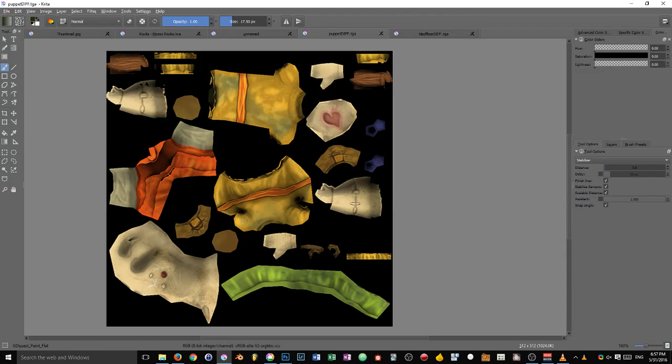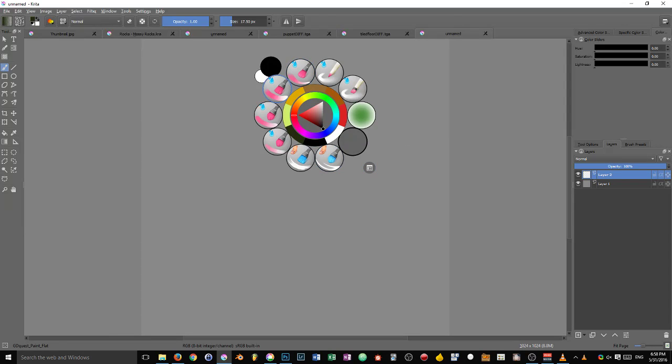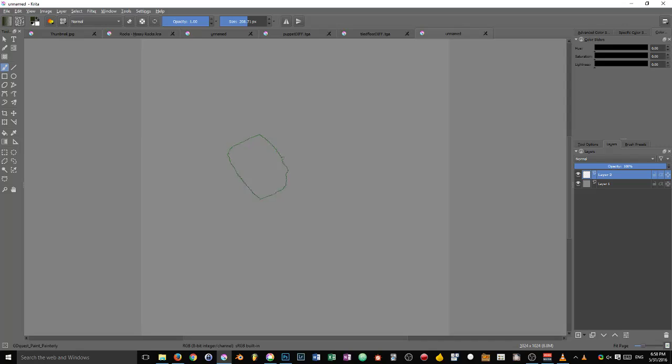Pattern creation, Adam is asking. So about creating patterns, this is not something I'm good at, just so you know. But it's very simple. To me, the way I would go about it,